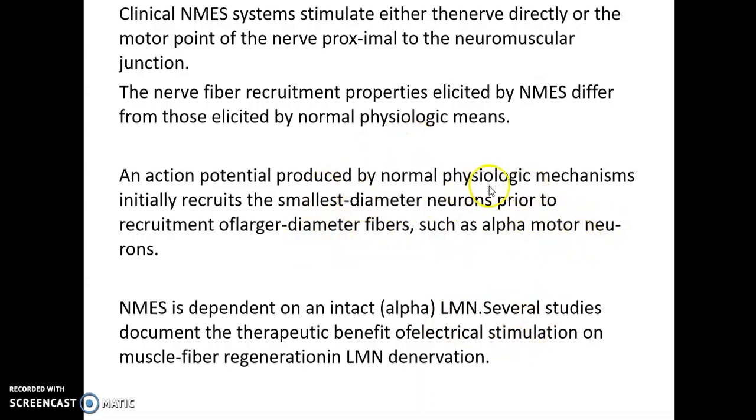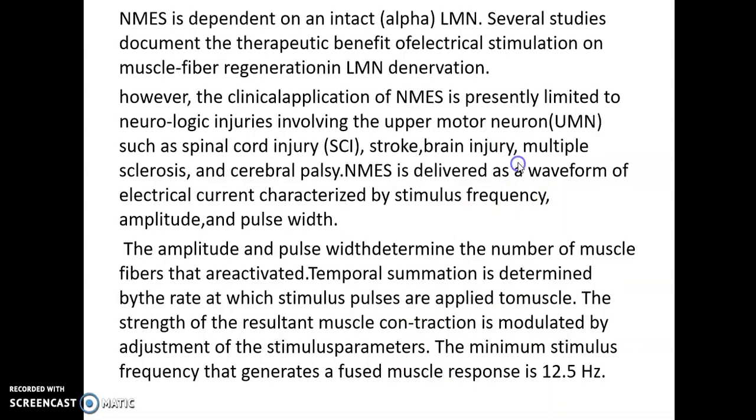But in the normal physiological mechanism, we use the smaller diameter neurons first, then we use the alpha motor neurons. So the scientists are talking about the effective use of an intact alpha motor neuron in lower motor neuron lesion, and that's why we see that electrical stimulation is more effective in recovery in LMN injuries. NMES is